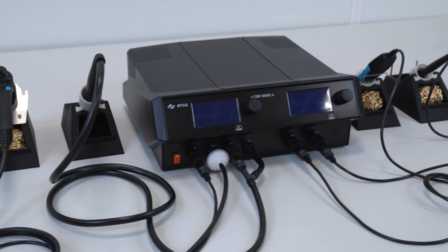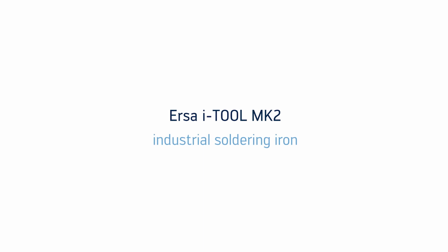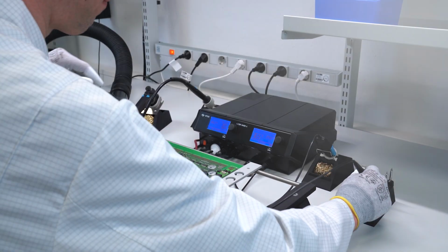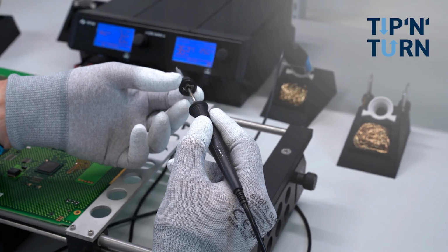Discover the CON VARIO 4 with new design, powering up to 4 solder and rework tools simultaneously. The newly developed soldering iron enables tip changes in record time thanks to the patented tip and turn, convenient and